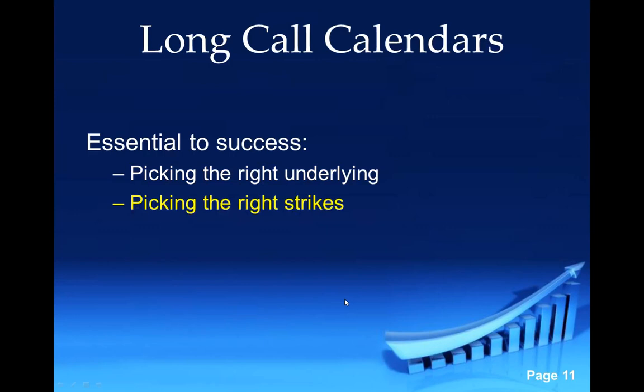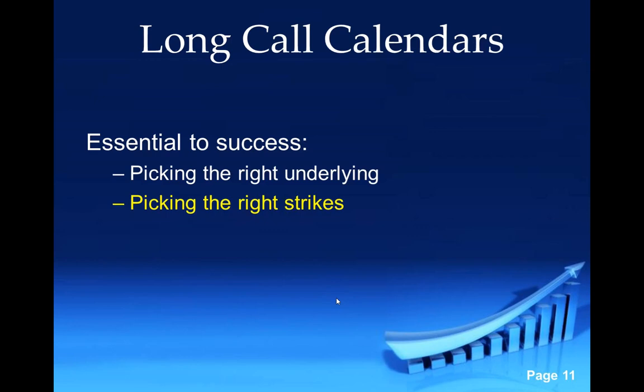Also, picking the right strikes. Now, I kind of mentioned this. If you have more of a neutral directional bias coming up, they just had earnings. They nailed the earnings right on the number. Forward guidance was pretty ho-hum. It's not a super exciting stock. It's probably just going to grind up, all right? That's the kind of situation we're looking for this, even more so than we did in the